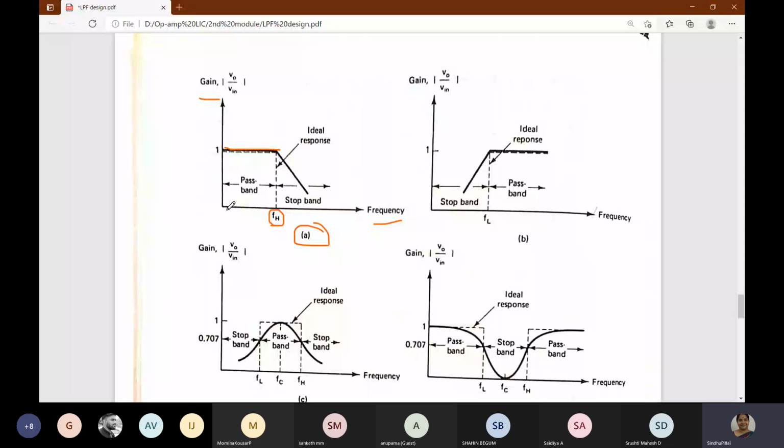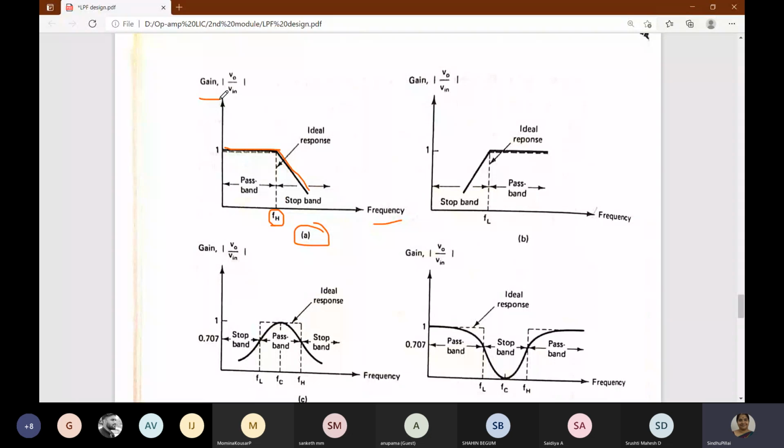Okay, ideally the sound is just like a step. Completely it should stop, but practically what will happen? Then it will decrease in this way. This is the graph. It will decrease slowly. All of a sudden it will not come to zero. Ideally it should do that, but practically it will take some time. It will decrease in decibels and then come to zero.